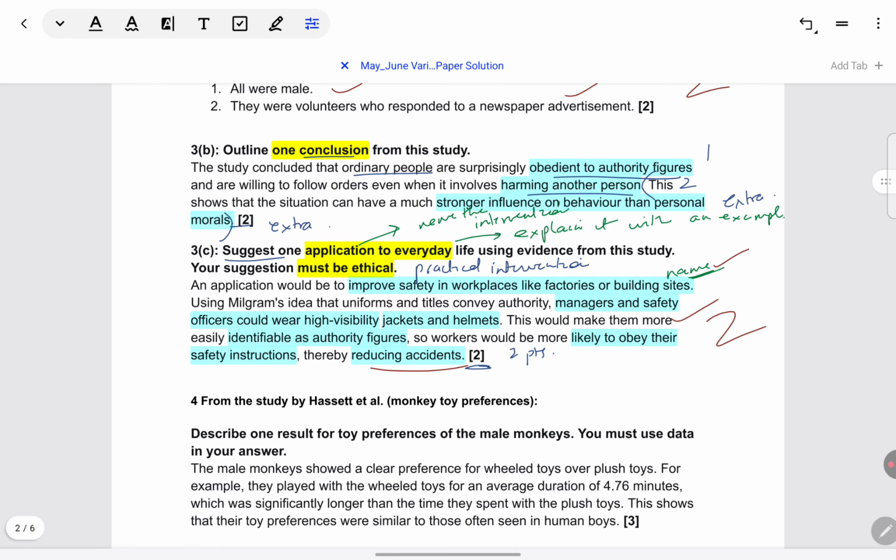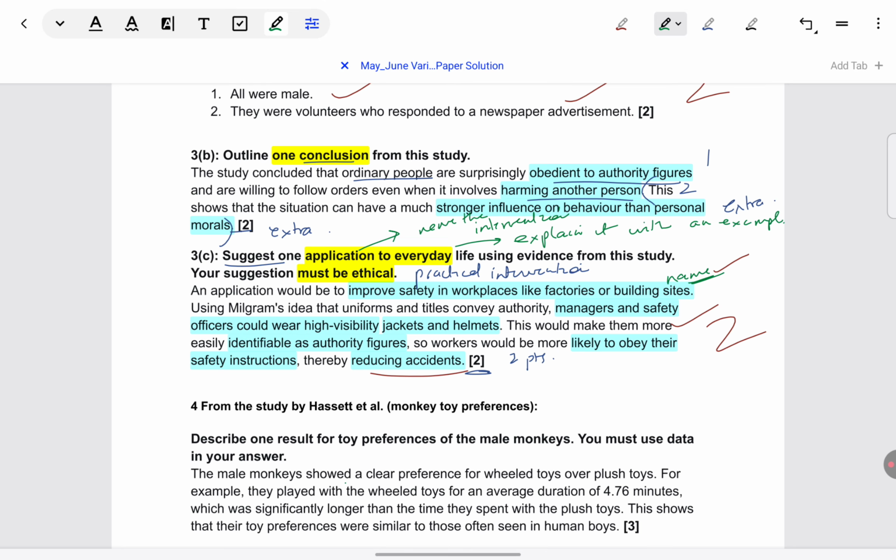Again, here, no doubt for 2 marks, it's a little elaborate, can be made a little more concise. I will agree. Like the student could have just skipped this part, for example, that in Milgram they wore uniforms to convey authority. For 2 marks, no need to point out the obvious. They could have just moved towards, in that situation, how authority can be displayed. Also, the part on more likely to obey instructions, this could be reduced. It could have just been said that they would appear as authority figures, which would reduce accidents.